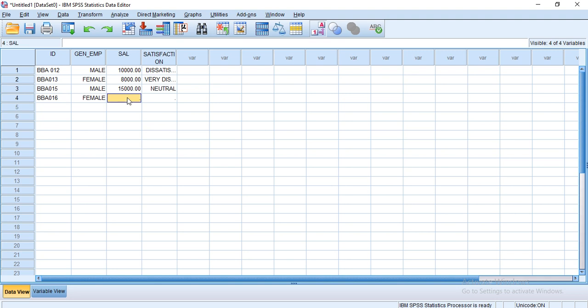We have assigned 999 as a number to the missing value. That's why in case salary of a particular employee is missing, we'll put the value as 999 and it is going to help SPSS while doing the analysis. Then we cannot say anything about the satisfaction column, so your employee is somewhere neutral towards the satisfaction.